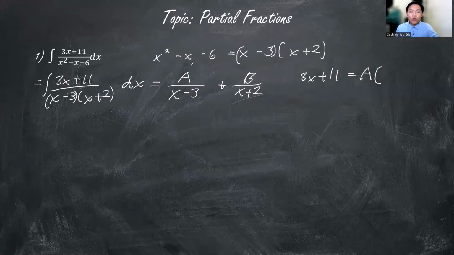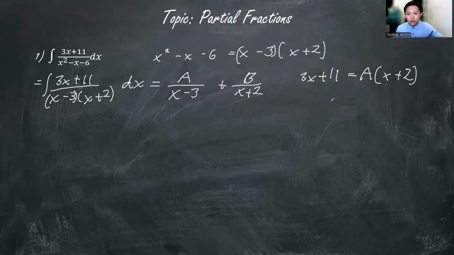If you do that, you cancel out x minus 3 here, as it's in the top and the bottom. So all that's left is x plus 2